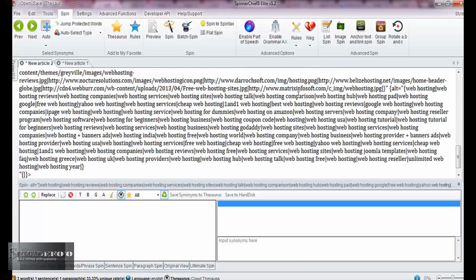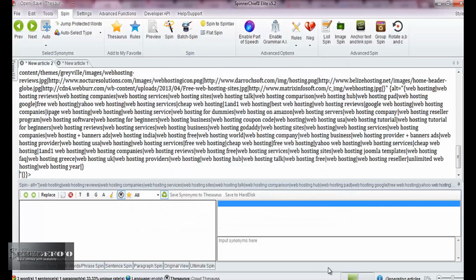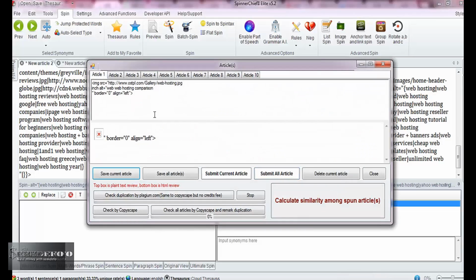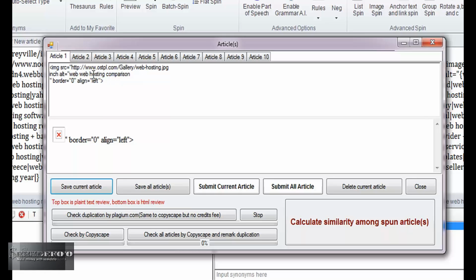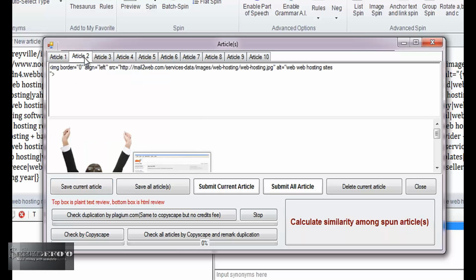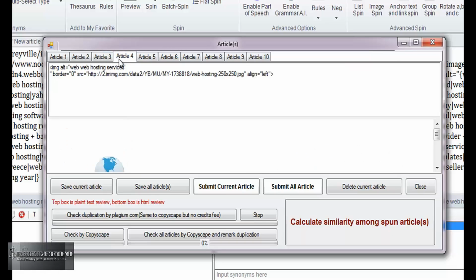So I will just go to spin and spin it. As you can see, it's taking a longer time here. It's done, and we have an alt tag, web hosting comparison, web hosting sites. Maybe there has been some error, I feel, because the web is repeated twice, but however, as you can see,